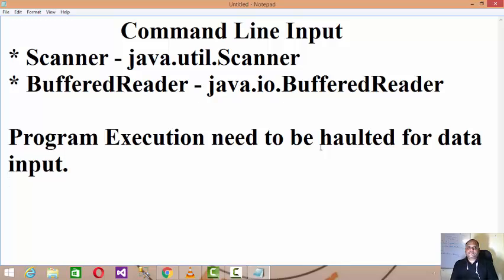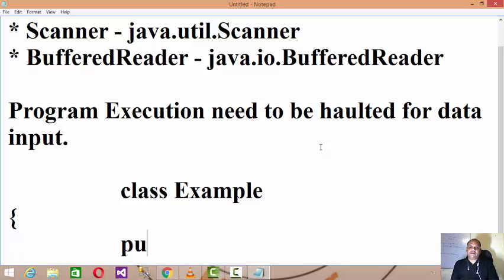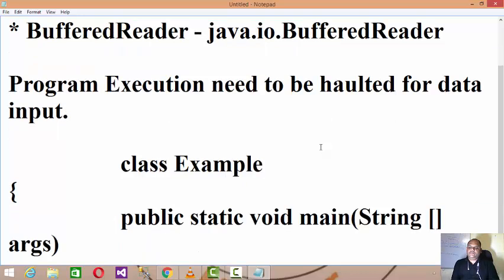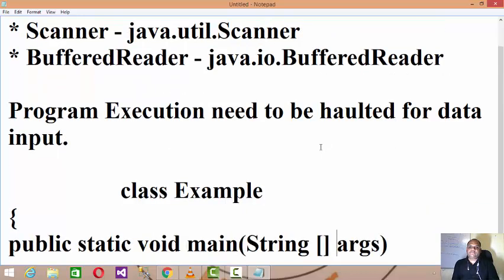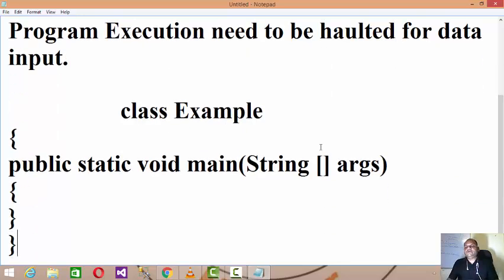As we know that every Java program should have a main method, and that main method is wrapped inside a class, and it is public static void main, and main is always parameterized, means main will accept the arguments.